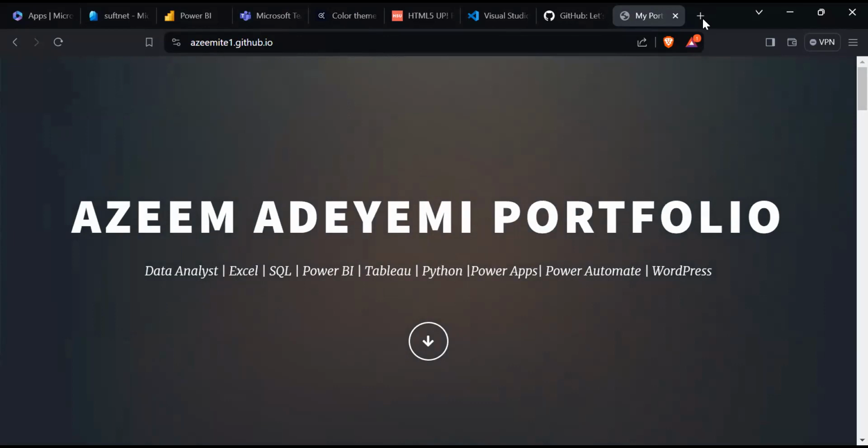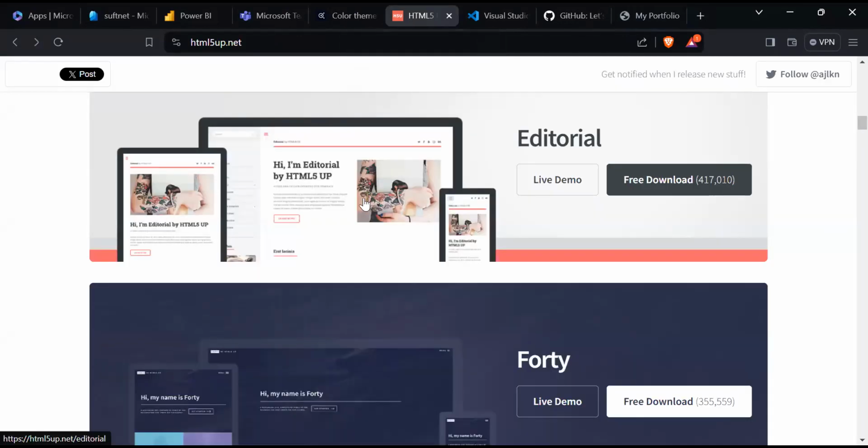What we actually want to do is to build our portfolio website, and we don't want to write all that HTML code from scratch. So what we want to do is to leverage some of those templates that we have here, and just modify, put all our projects, put some write-up, so that when we signpost people to it, they can see, oh, this person actually has an experience or knowledge of what is expected when coming into the role. So that is the reason why we could check this out, and we also need a GitHub.